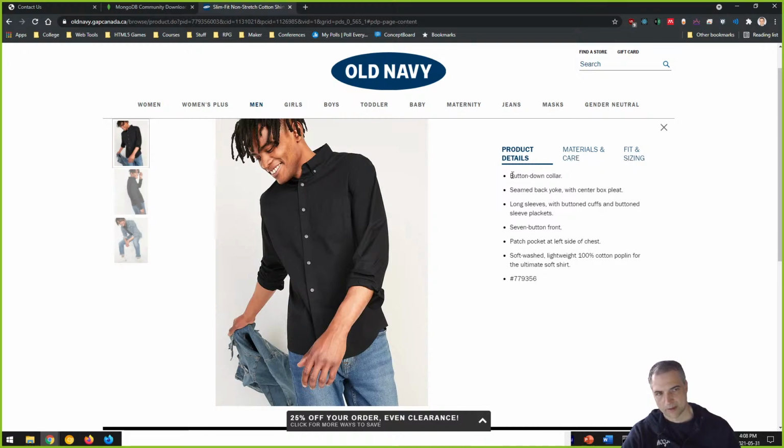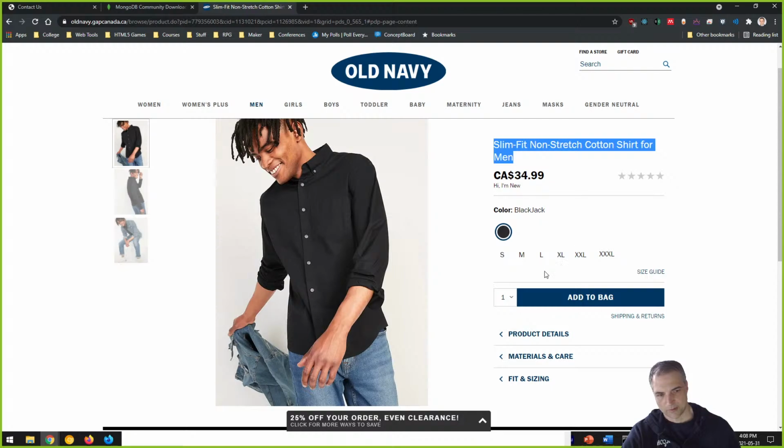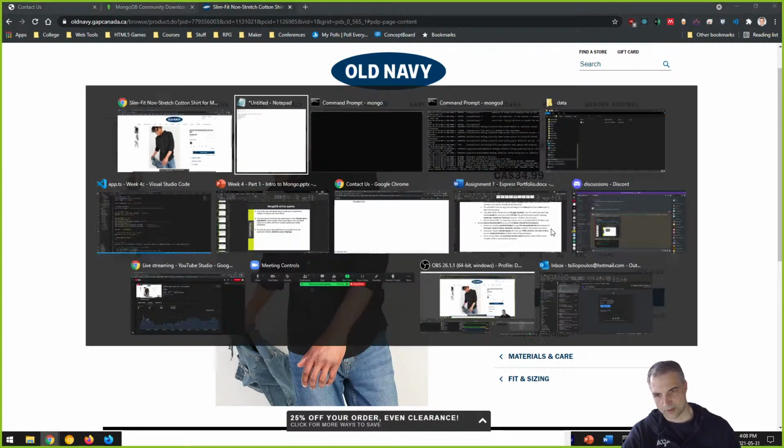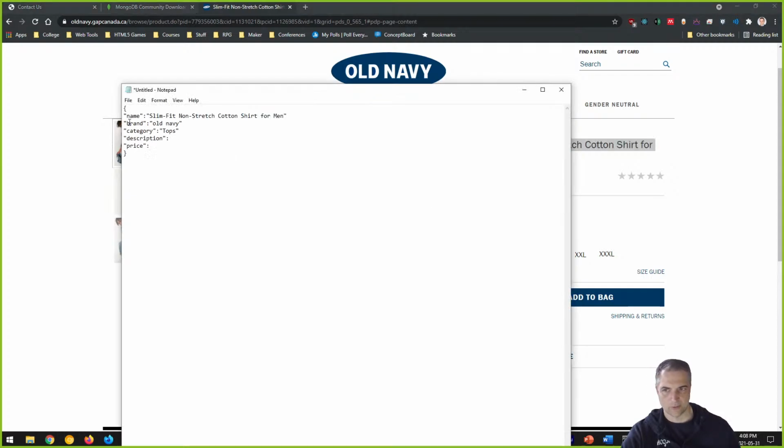It's much more complex, as an example, than what we've used before. So let's say we want to not include some of this, but size and color might be something that we want to include as some object. So for now, let's go into category tops, description. We might want to maybe not do description, but actually add in